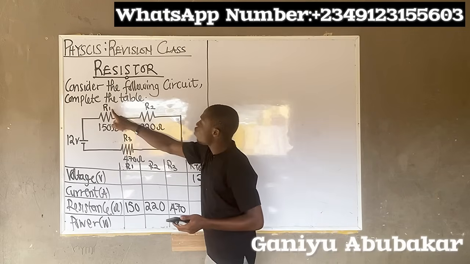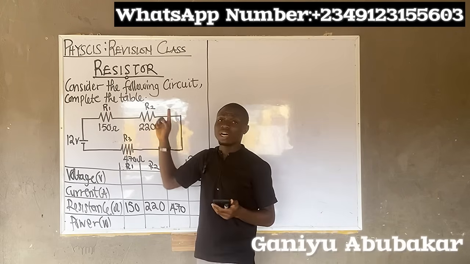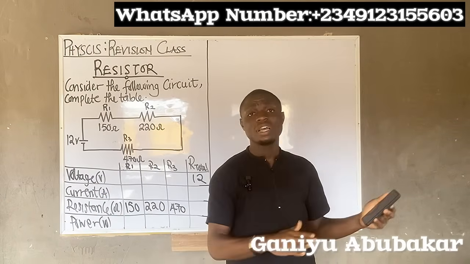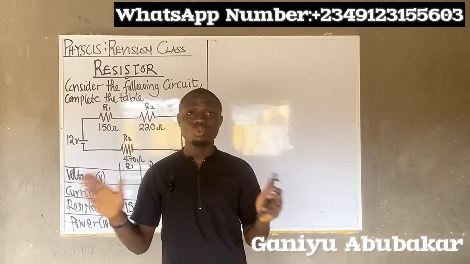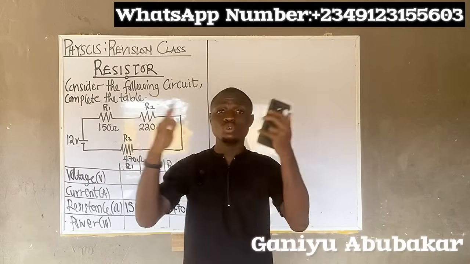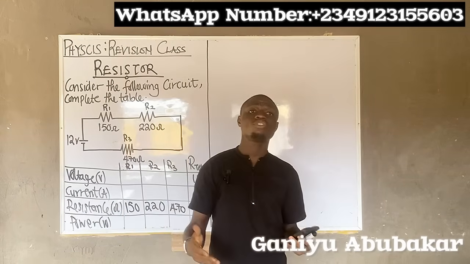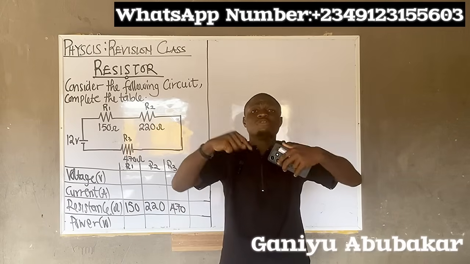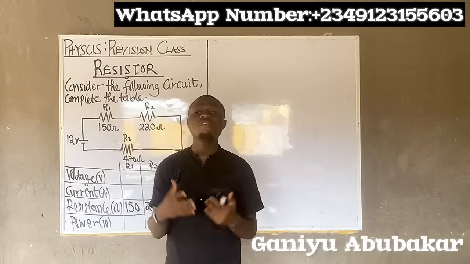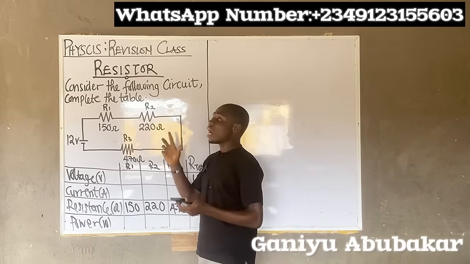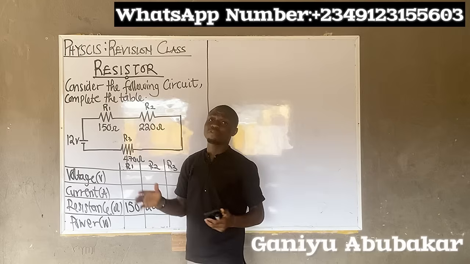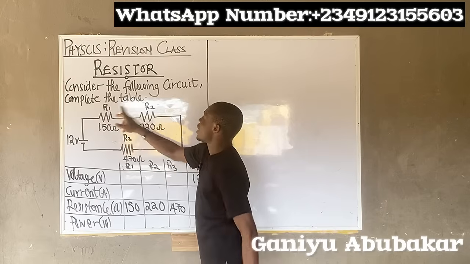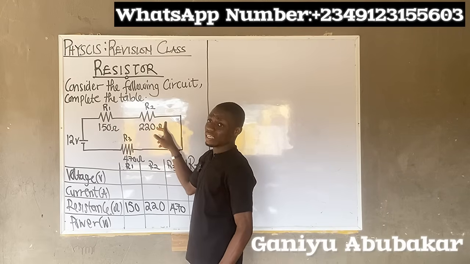If you observe R1 and R2, for those that are already following my classes, you should have known when resistors are in series and when resistors are in parallel. You should differentiate it, right? I will assume you know that. If you don't, I'll leave a link to the introduction to resistors in the video description, which will teach you the concept of resistors from scratch, right? So for this case, observe that R1 and R2 are in series,